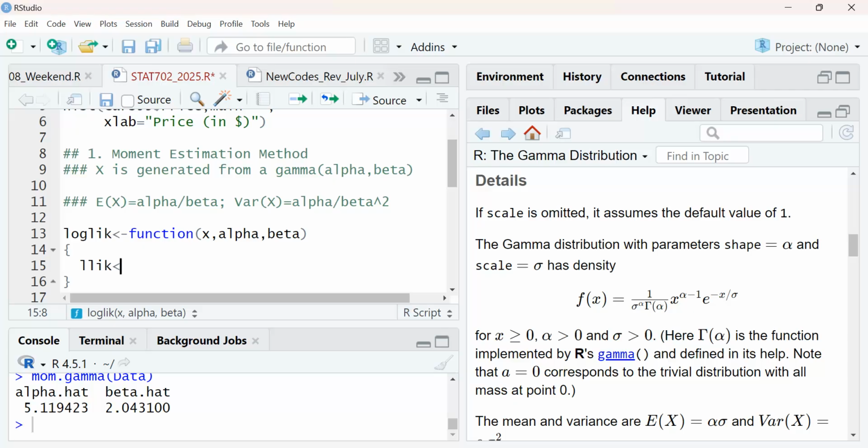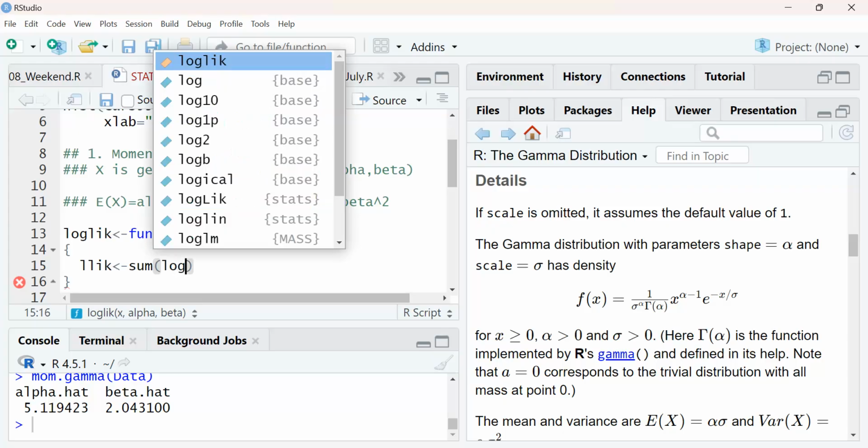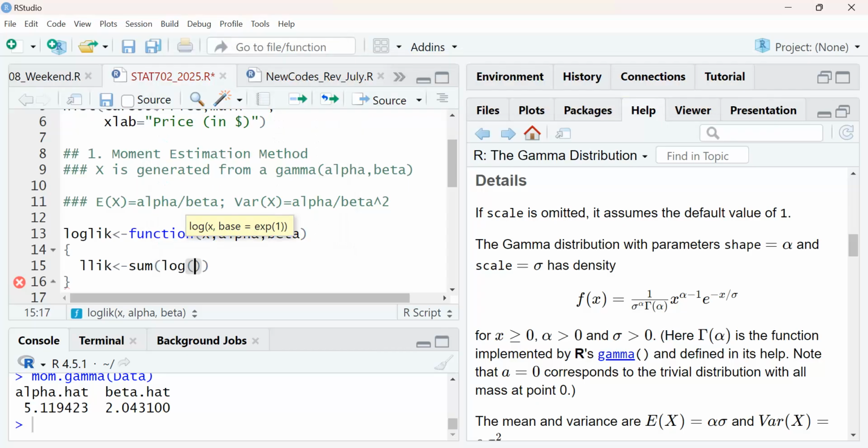So log like will be equal to, remember we say sum, because we are going to do a sum, and then we need log, sum log, because we are using the log likelihood. Then we need to write what is within that function. There are two ways to do this. Because it's a density, I can also use d gamma, which is also the density.